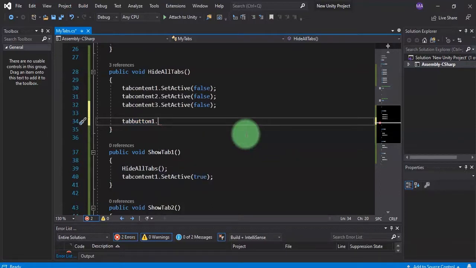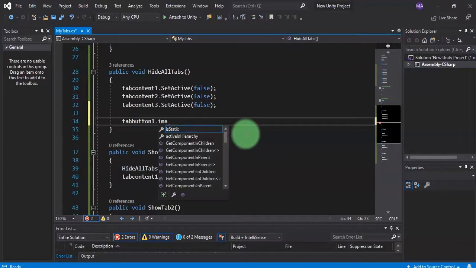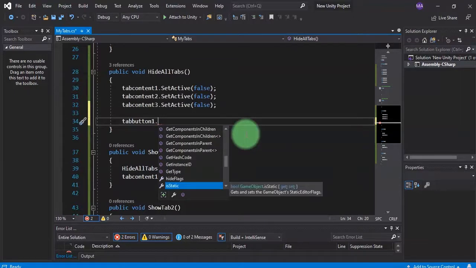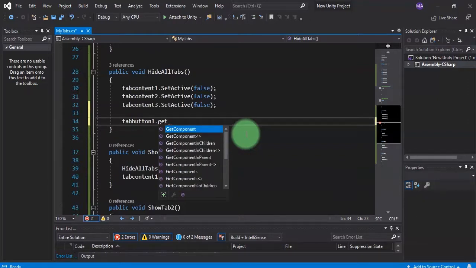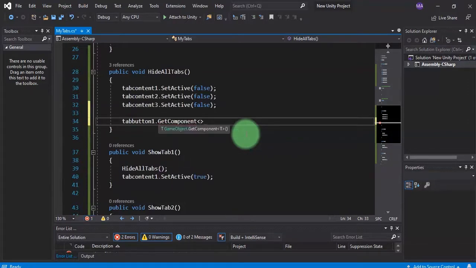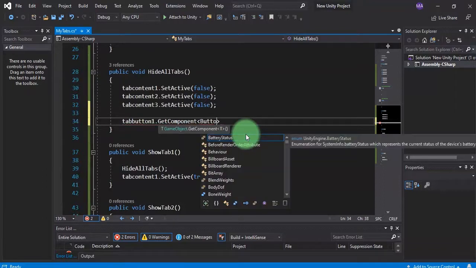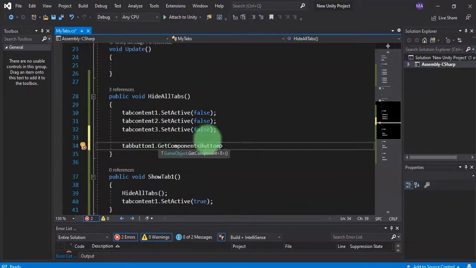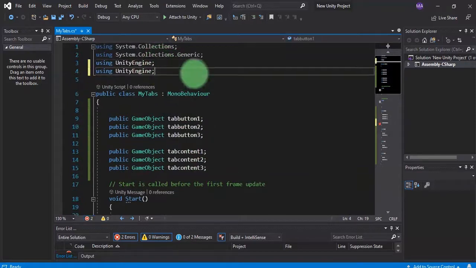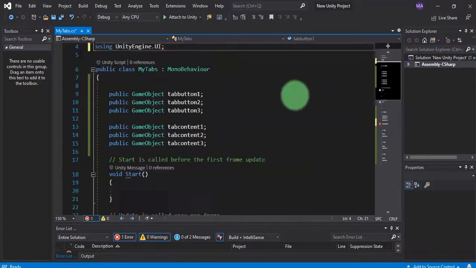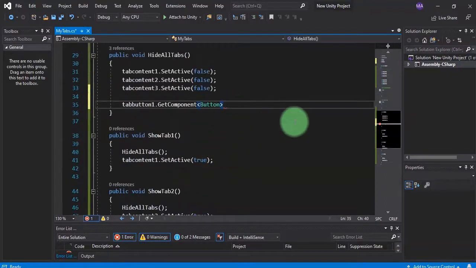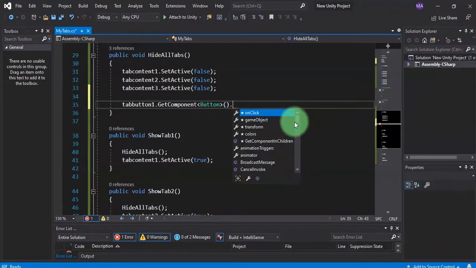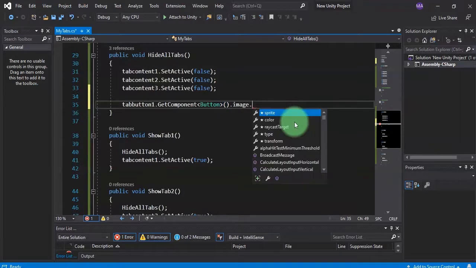Here I will modify the color of tab button 1. Tab button 1 dot image dot get component button. Oh yeah, I forgot to use UnityEngine.UI here. Okay, button dot image dot color